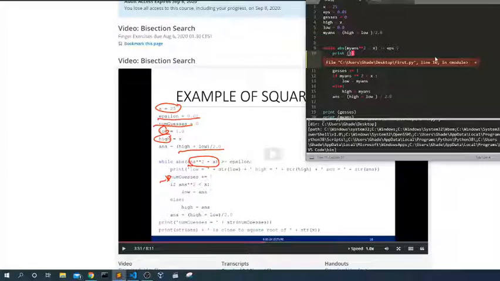So, we did say that we are going to say low equals low plus string of low plus high plus string of high plus, I think, my answer.